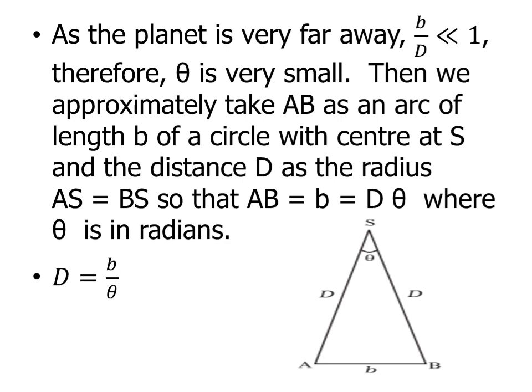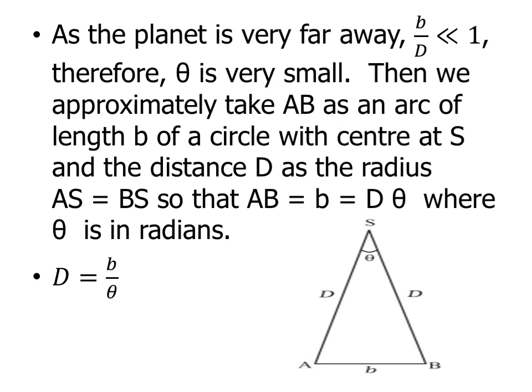So we can take AB as an arc length with the center at S. Where is the center S? Yes, you can see it in the diagram. The distance D is the radius, right? So we can write AS is equal to BS from the diagram, so that we can write AB is equal to b, that is equal to D into theta, because we know